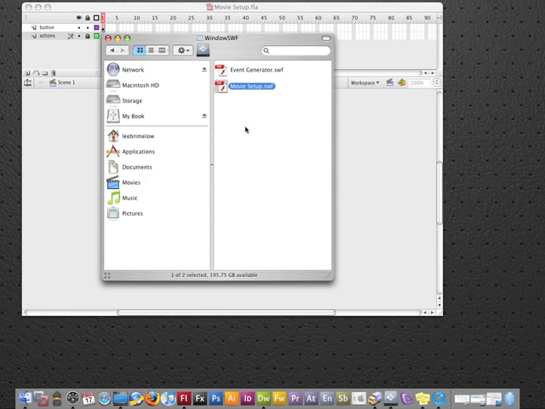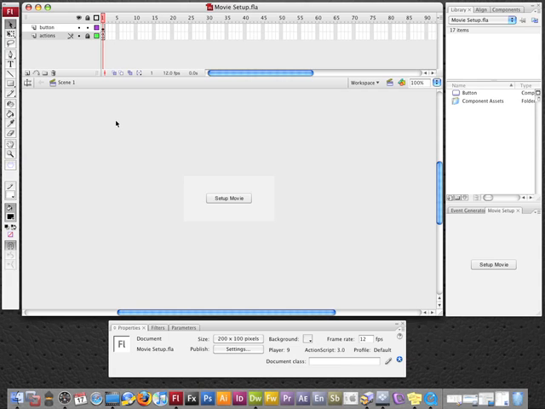But what if you actually, like this event generator, I thought that would be useful for other people to use. So I actually want to package that as an extension that I can put on my website. People can download it, just double click the extension, and it sets it up perfectly. So I'll show you how to do that now. So hit Command Enter. I'm going to generate the SWF, and I'm just going to hide Flash. So the way that